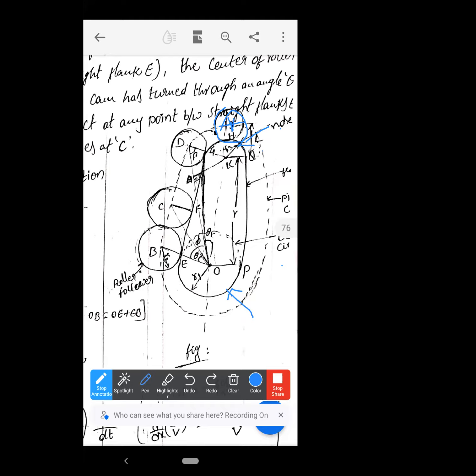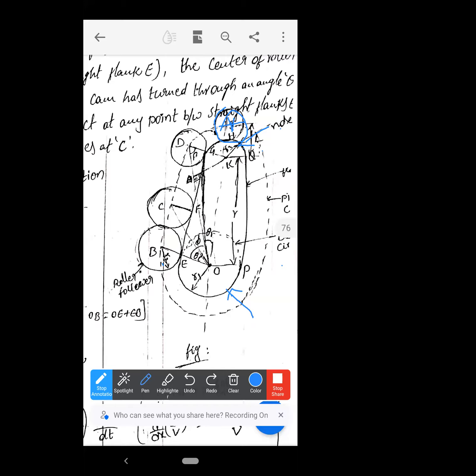these all are rollers. What are the rollers there? These all are the same, but in our diagram we have drawn them in a different way, so that's why they seem to be different. But all are the same rollers: A, B, C, D. All are the same.